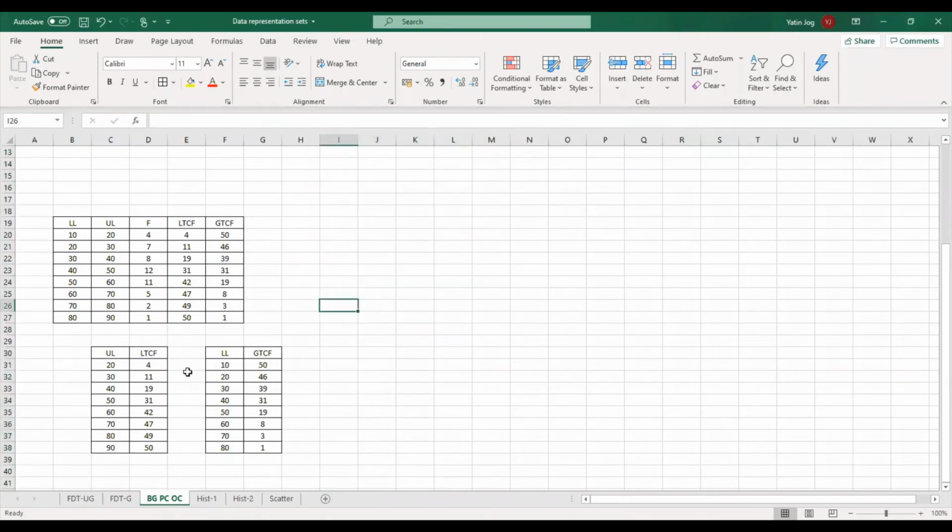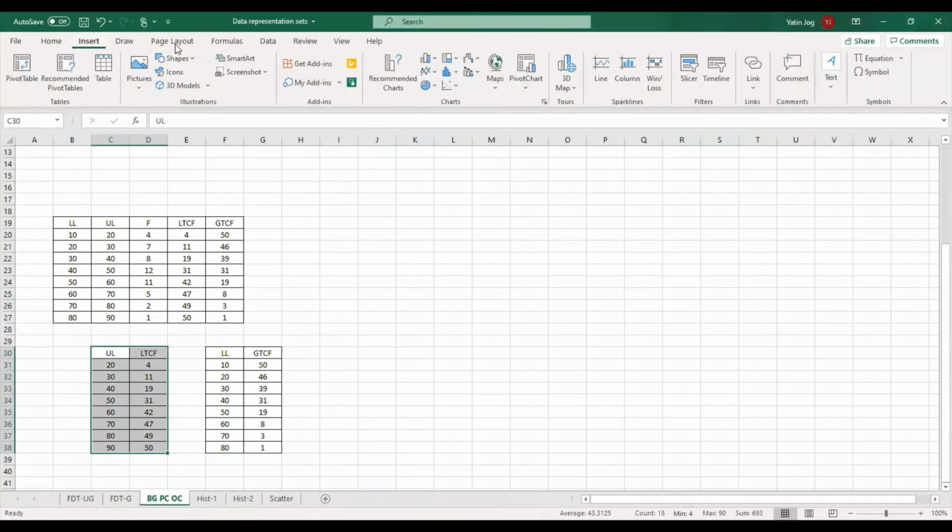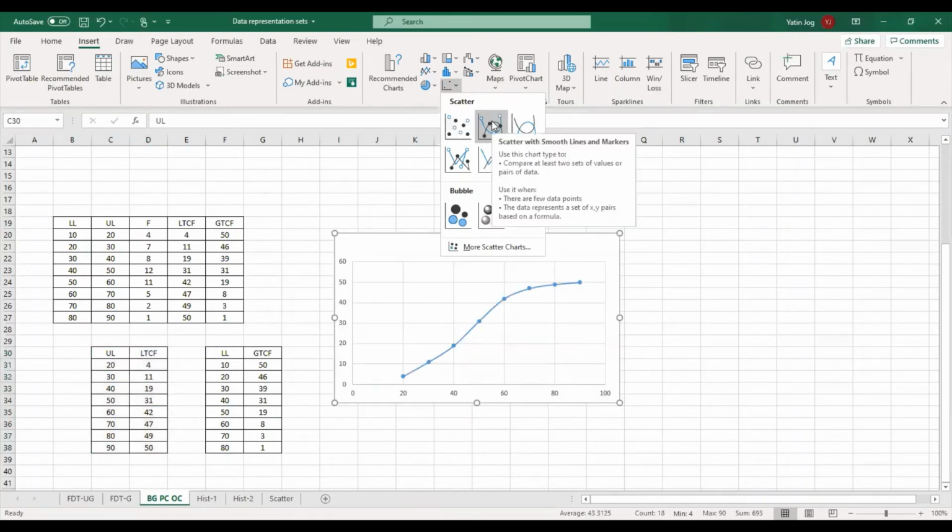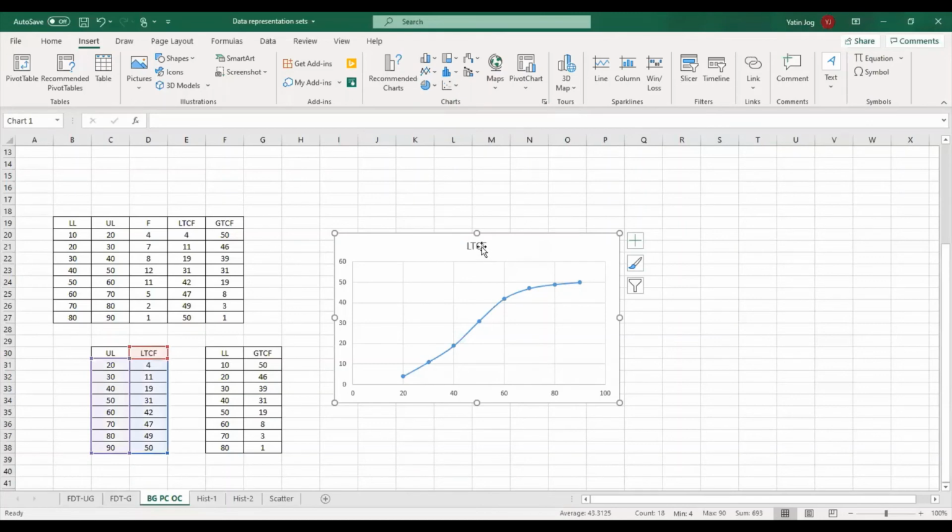Okay, fine. So I have to plot less than cumulative frequency against upper limits and greater than cumulative frequency against lower limits. It's a simple thing. Just select the data sets, go to Insert, and there is an option called line chart. Just click on the line chart.